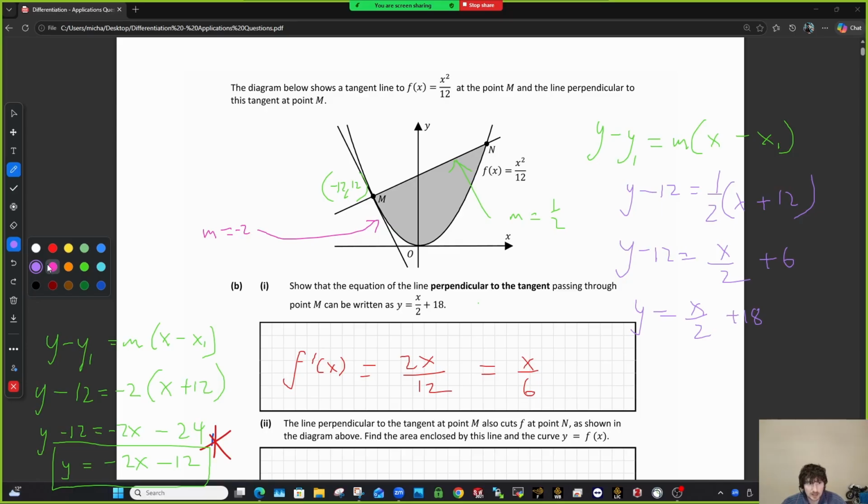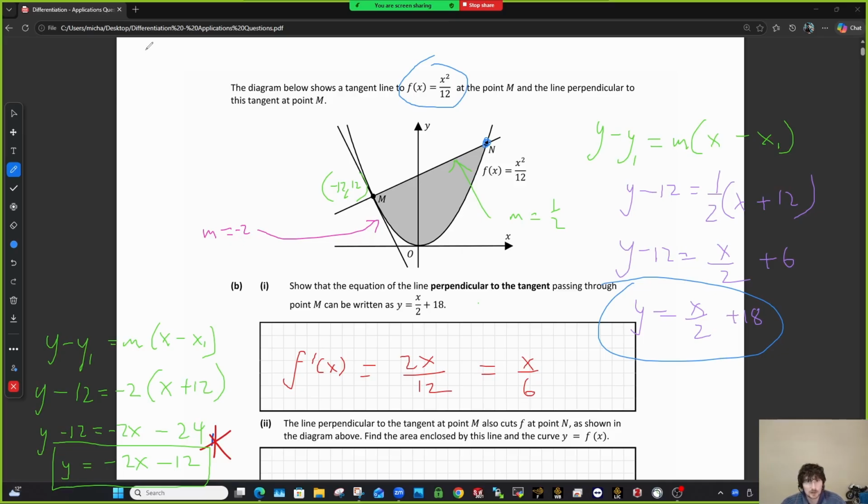quadratic. Now to get that, we need to get this point n, but they don't tell us that we need n, but we do need n. Right, how do we get n? N is where the line, this purple line, intersects this quadratic. Okay, and the easiest way to get the point of intersection is just set